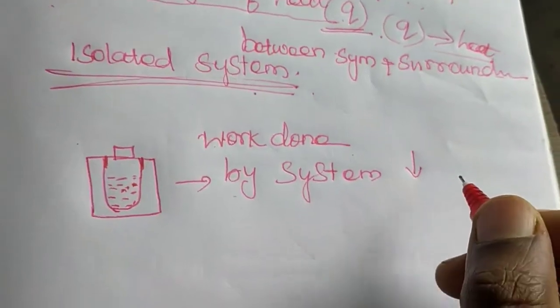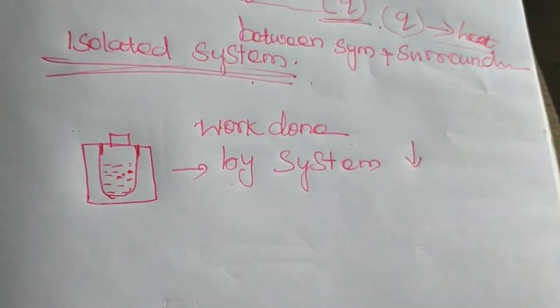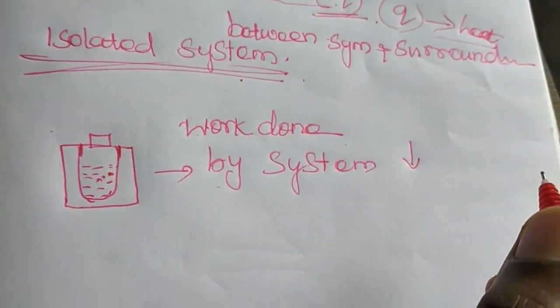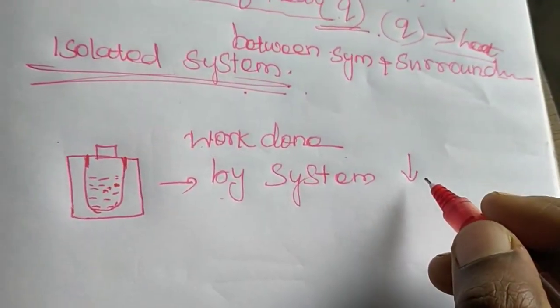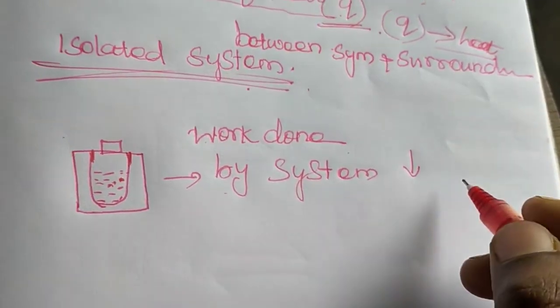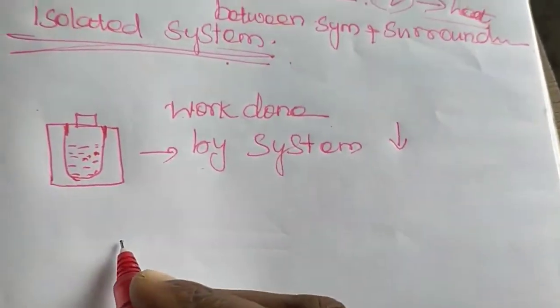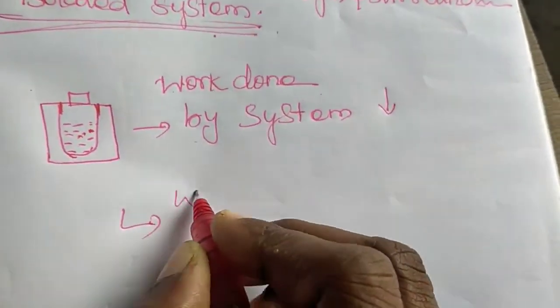So if work is done by the system in an adiabatic process, then what will be the result for temperature? It is decreasing the temperature. It is decreasing the temperature. Maybe in an adiabatic process, work